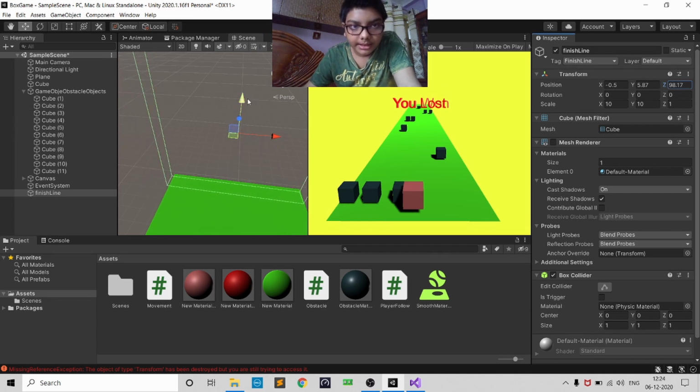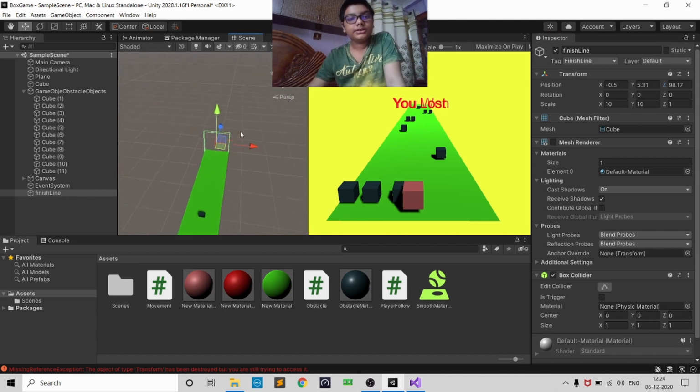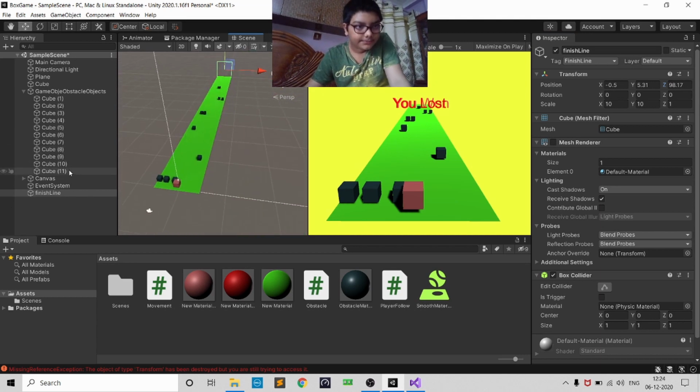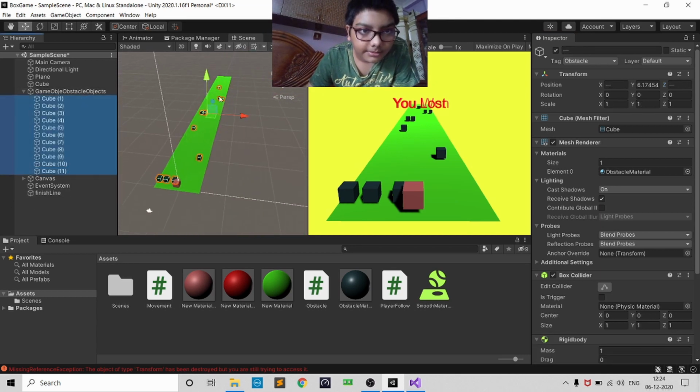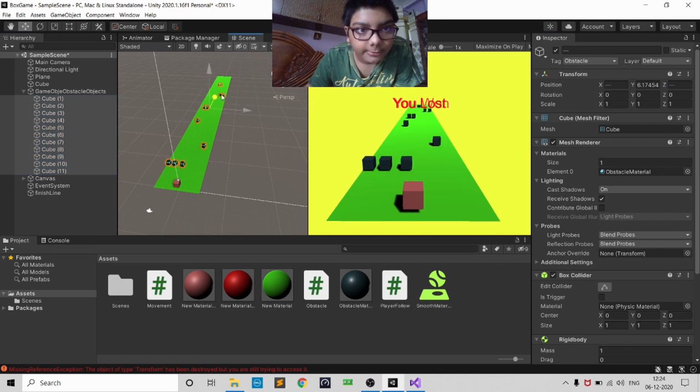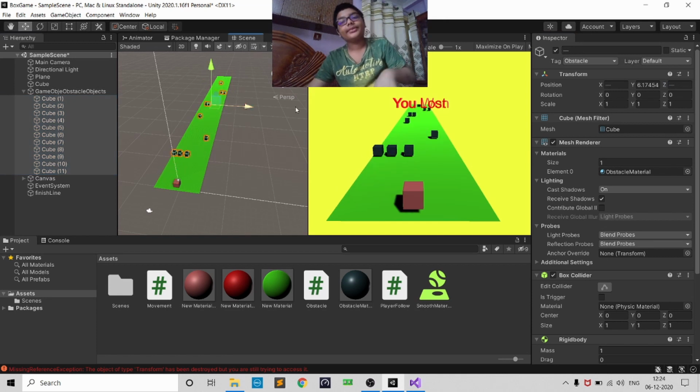Okay, that's all. So everything is done, but just move all these cubes a bit farther like this. Now everything is okay. Now if we hit play,